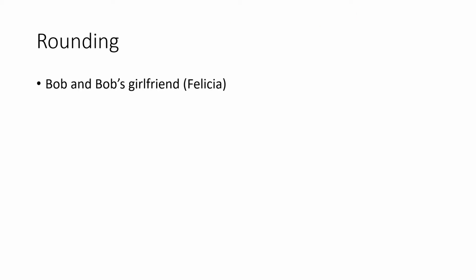How do we round? And in my class, when we talk about this, we talk about a lovely couple, Bob and his girlfriend Felicia. And we talk about Bob because that's the name of the skeleton in my classroom. Unfortunately, you guys have not had the chance to meet Bob yet. So let's say we have